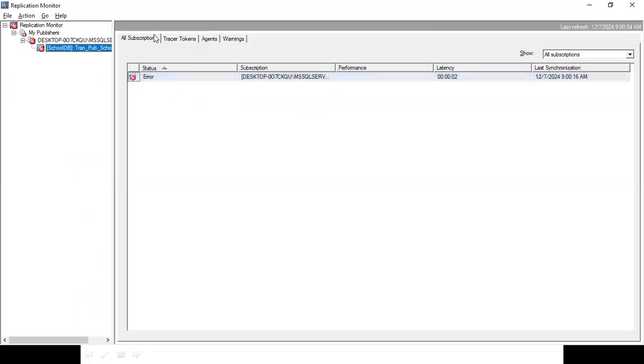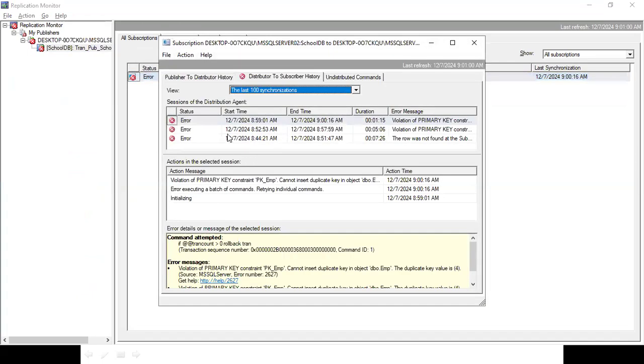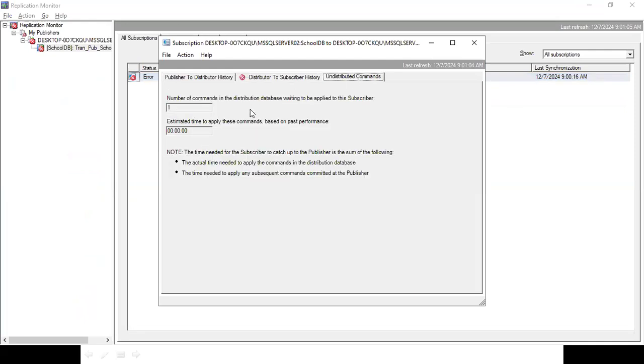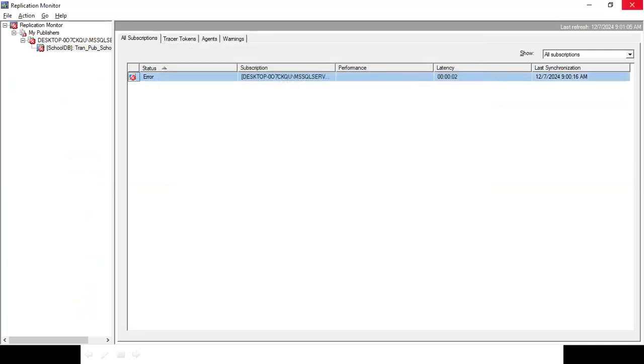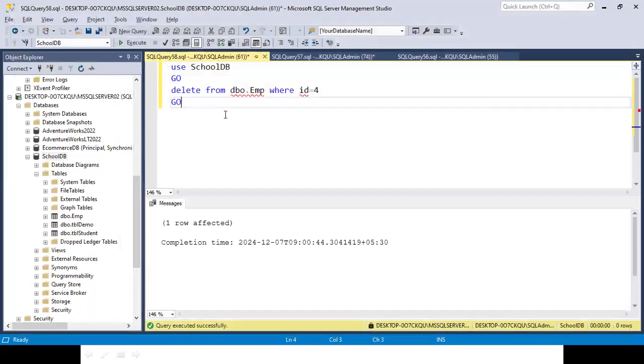After a few seconds, you'll see this converted into green. So we have to wait a few seconds. After that, you can say I executed on the fourth record.